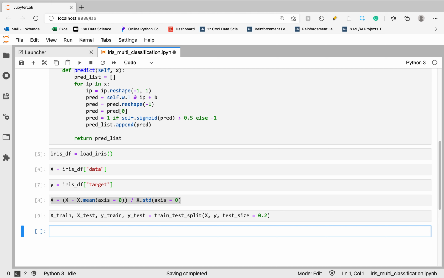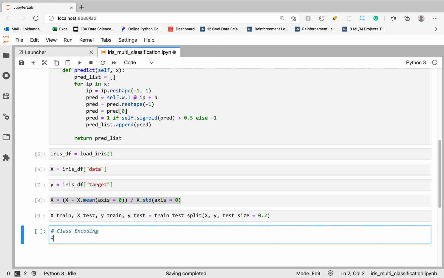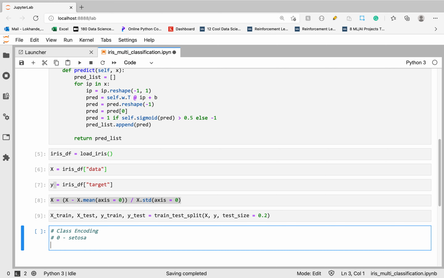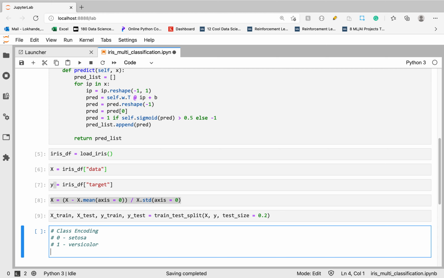Therefore we need 3 classifiers. So here I am writing a comment, class encoding. Basically, this y array only contains the values 0, 1, 2. 0 means setosa, 1 means versicolor, and 2 means virginica.